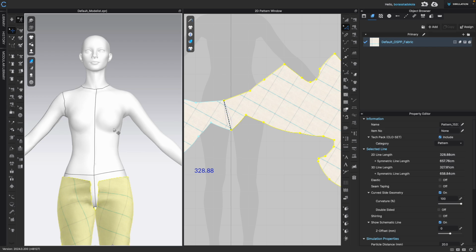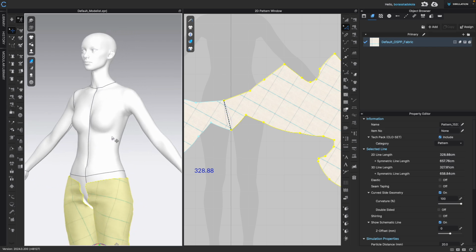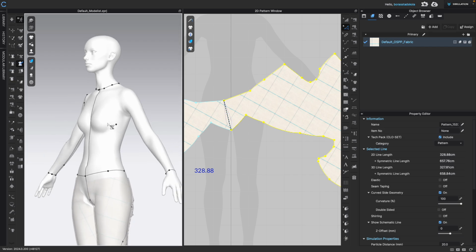For the top part of the body, we did two different drapes. When we met last time,